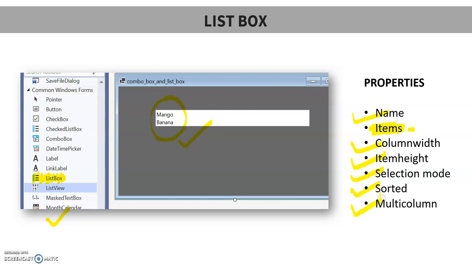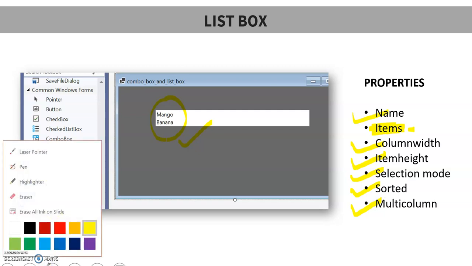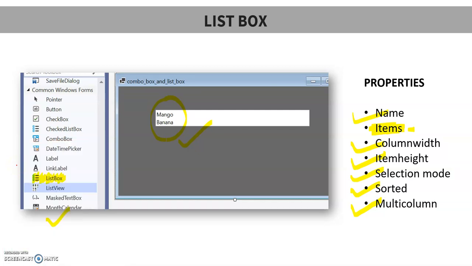And the multi-column, the meaning of multi-column is, let's say this is your list box, and you want it in multiple columns, similar to Word. If you remember, in Microsoft Word we have a multi-column feature.